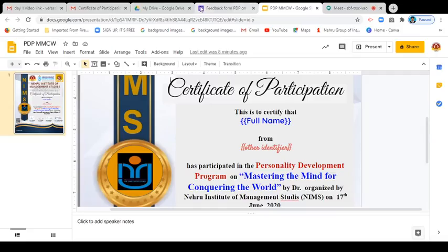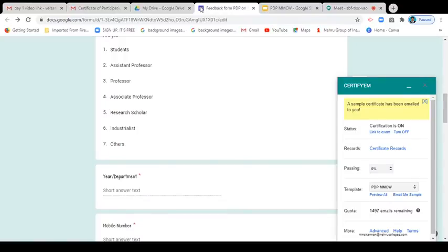In the first day session, I received a question from one of the participants whether we can use more than two other identifiers in Certify EM. We can use a maximum of three other identifiers only in Certify EM.